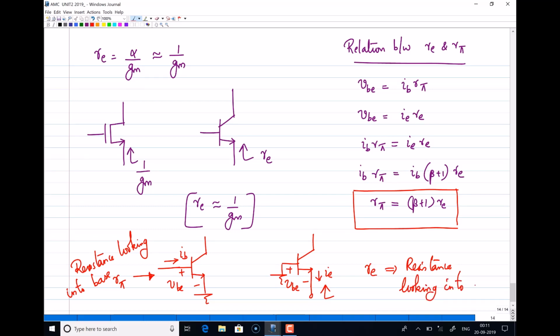Looking into emitter, RE and R pi both are related with this expression. Now with this idea, what we have done here is